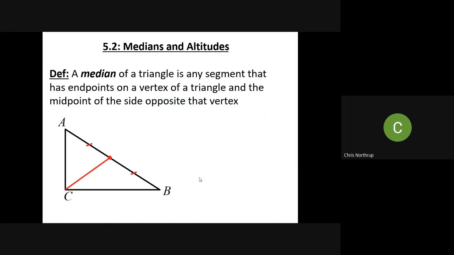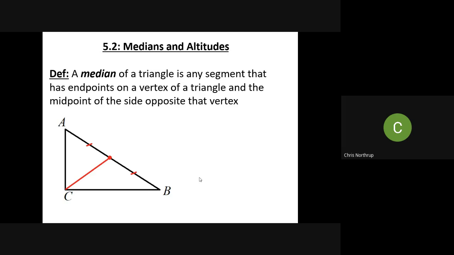In this video, we're going to look at the two other centers of triangles we're going to study this year. First, we need to know what a median and altitude are going to be. So first off, a median is going to connect any vertex of your triangle to the midpoint of the opposite